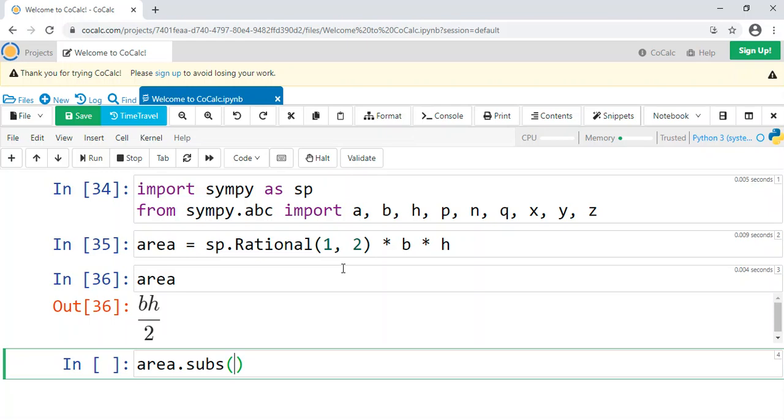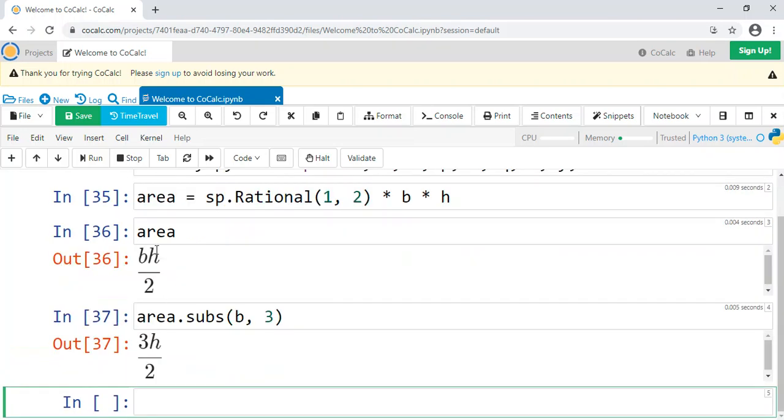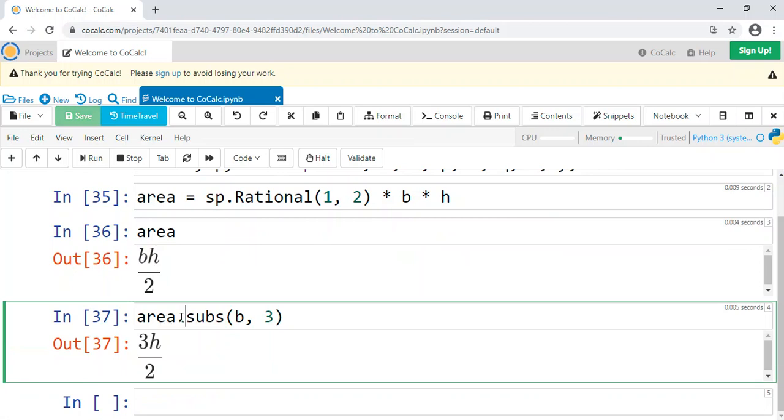So let's do area.subs(b, 3), and that's going to say take b and put in 3 instead. So it'll be 3 over 2 times h, right? Or however it wants to put it out, 3h over 2. So that's good. So area.subs, and we substitute in b for 3.